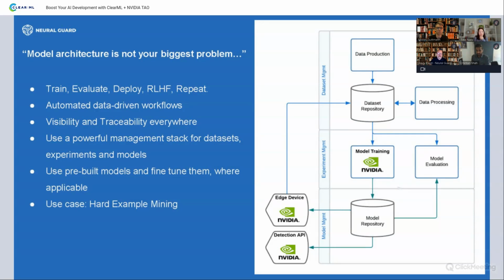I always say to my peers that model architecture is not your biggest problem when you develop an AI-based product. Sure, it's important. You need to pick a good model architecture, whether that be Faster R-CNN, YOLO, etc. They all have their pros and cons, but that's one problem.